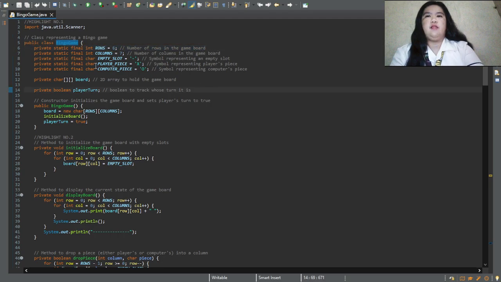Private static final int COLUMNS equals 7 indicates the number of columns in the game board, which is 7 columns. Private static final char EMPTY_SLOT equals is the symbol used to indicate that a space on the board is empty. Private static final char PLAYER_PIECE equals X is the symbol used to indicate the player piece on the